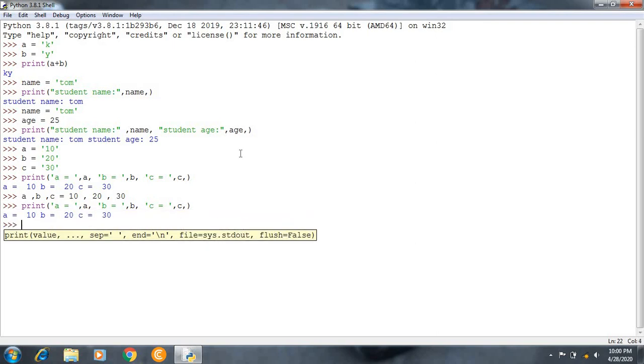Now hit enter. Got it? So I'm saving 2 lines over here. I'm giving the output in a horizontal way. This makes the code very easy and I'll be saving a lot of space.